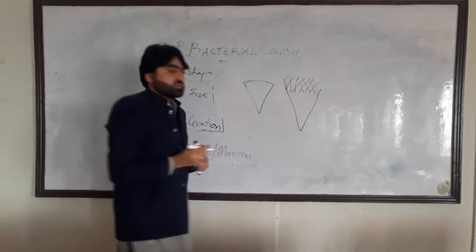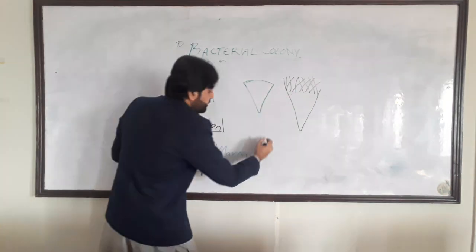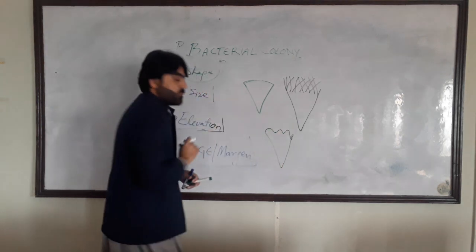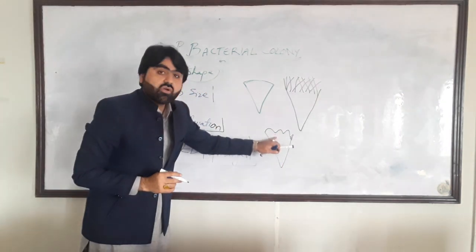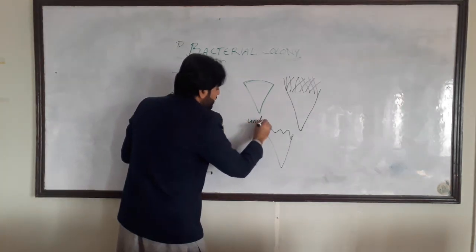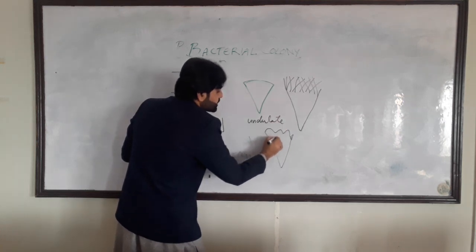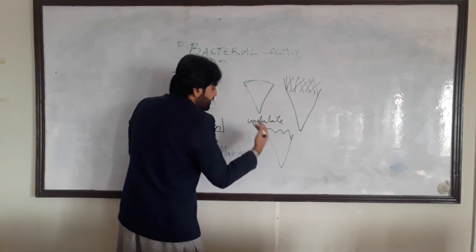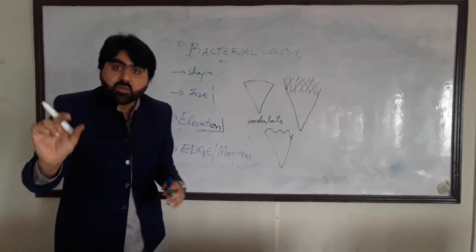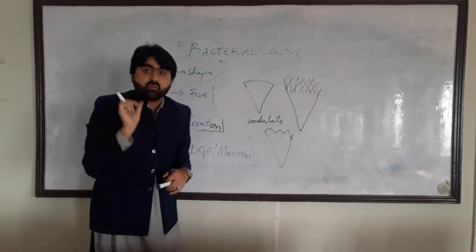Then we say that filamentous margin. Or you can have irregular margin, which is also called undulate margin. Undulate is the elevation or smooth ups and down. I mean, you can see the wavy appearance of the margin of the colony. So this wavy appearance is known as undulate margin.